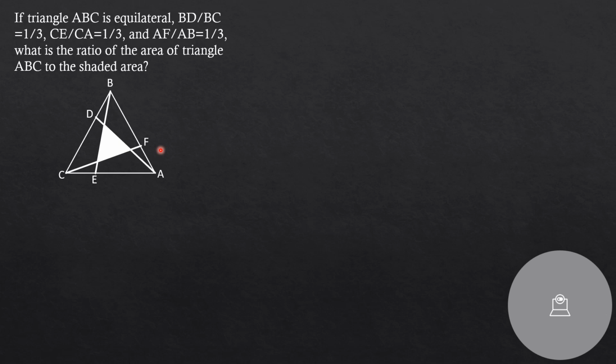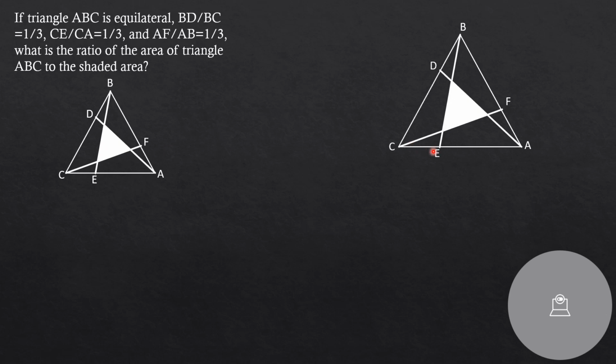So first, let's have the assumption or the preliminaries so that we can show that this is also an equilateral triangle. So I will mark the dimension of the original triangle ABC as E, then CE is 1/3 of E, AF, BD 1/3 of E. Then we'll have this side denoted with E sub 1, anticipating that it is also an equilateral triangle.